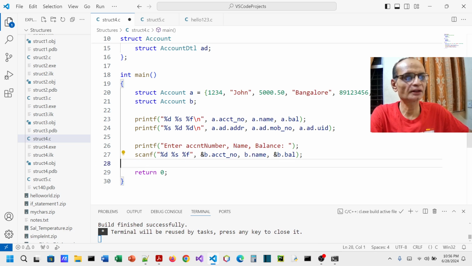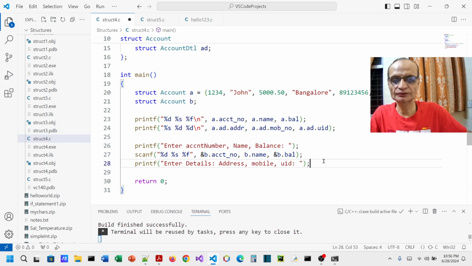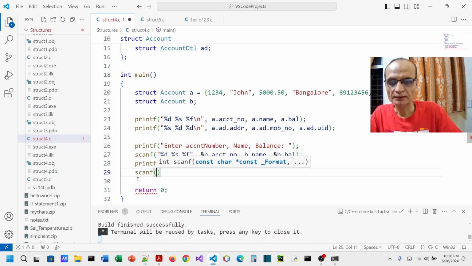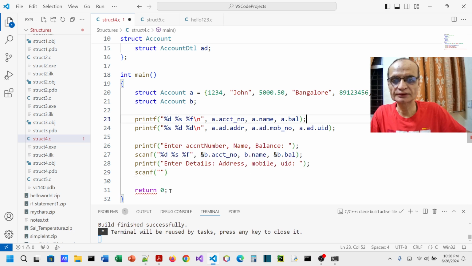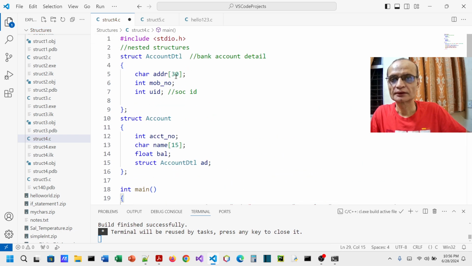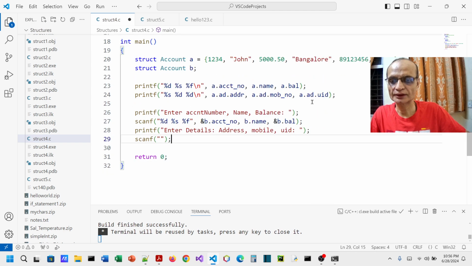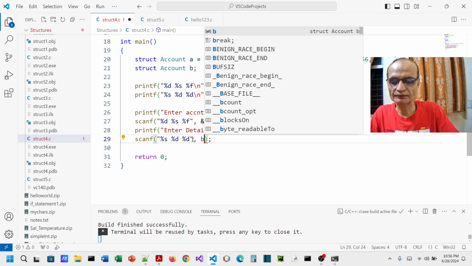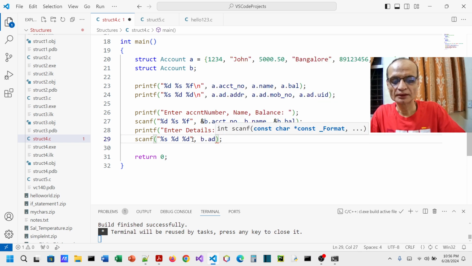The second one, again we will ask the user to enter details. Now I will show it to you. I will do scanf, and then you need to provide all the details. For that I will require address, mobile number and UID. So here I will do percentage s, then percentage d and percentage d. The way I'm going to get this will be B dot, and you can see I'm doing AD, and then ADDR, then B dot